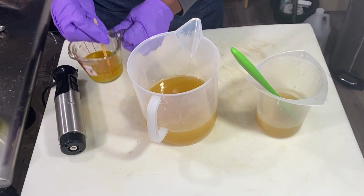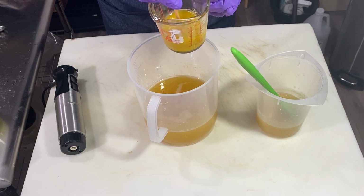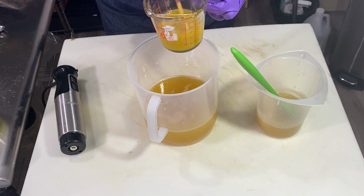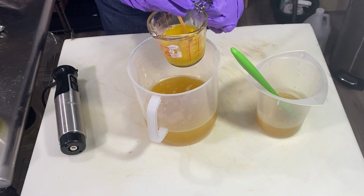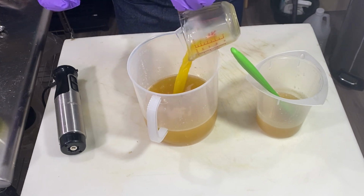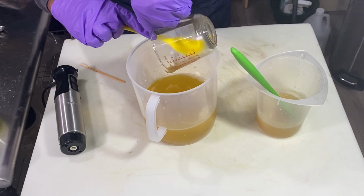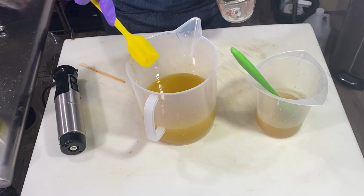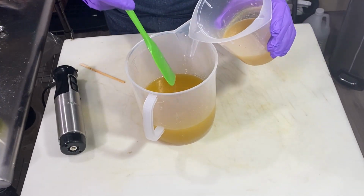So first I am going to add my fragrance into my lye oils. Also anchored in tapioca starch, like I spoke of before. I don't know why I am talking like a robot, but here it is. Now with my lye,